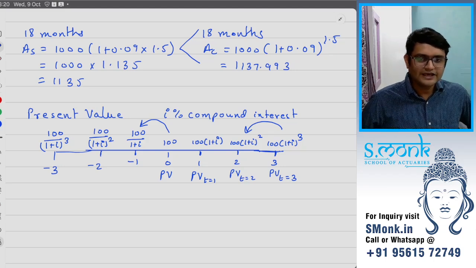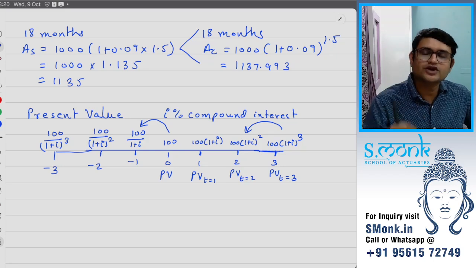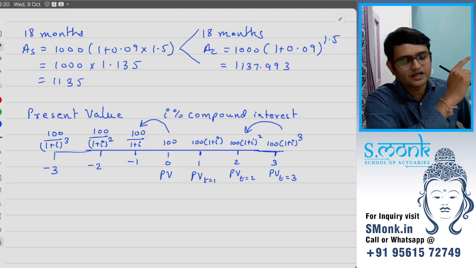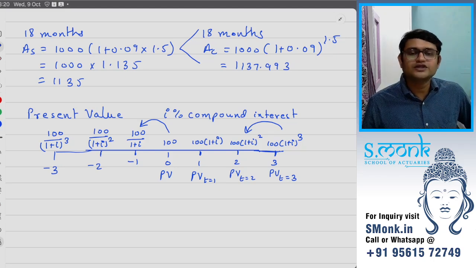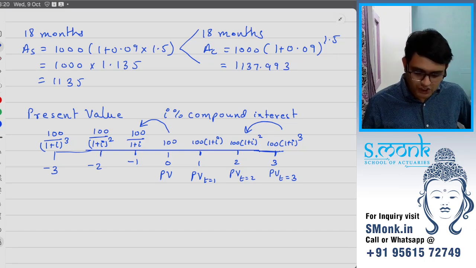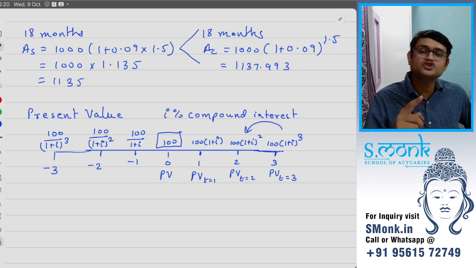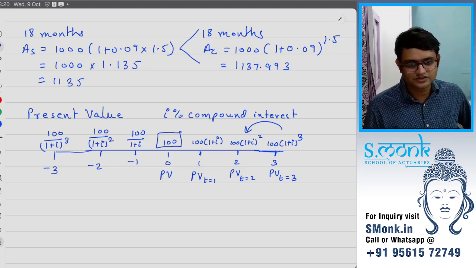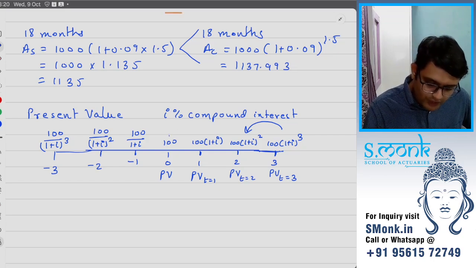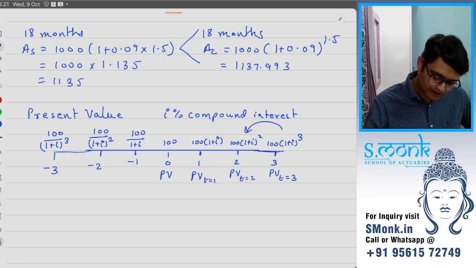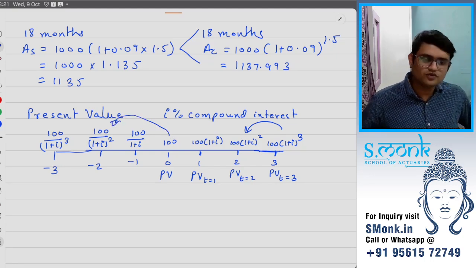Then secondly, any money that you are receiving is assumed to be received because some money has been invested in the past. So we'll say this 100 rupees that you are receiving today is because you had invested some money in the past. So how much money would you have invested 1 year ago? This is the money that you would have invested 1 year ago to get this 100 rupees today. 2 years ago, this is the amount that you would have invested to get 100 rupees today.